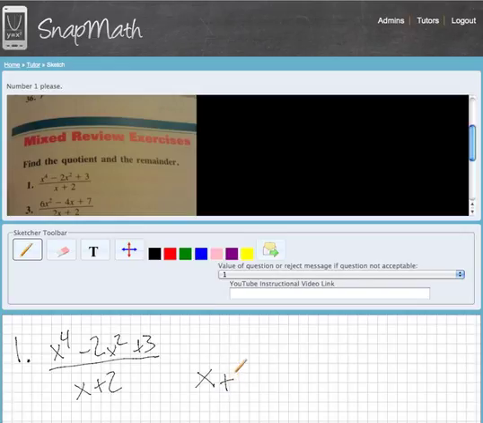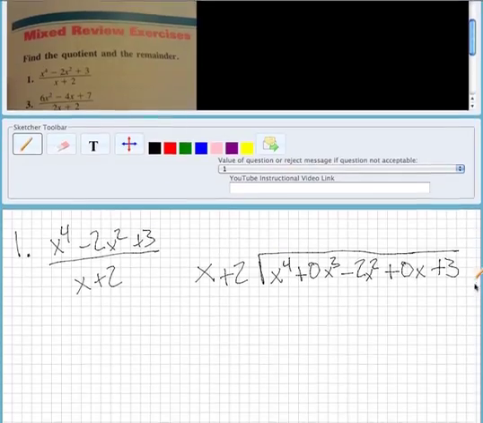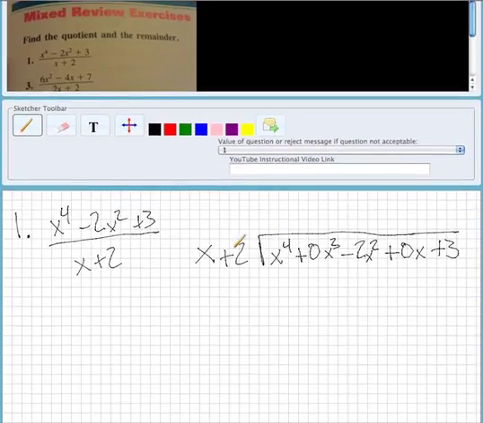So x plus 2 divides into x to the fourth, and I'm going to put in placeholders here, plus 0x to the third minus 2x squared plus 0x plus 3. These two 0 terms are placeholders, and it'll be easier to keep track of doing long division this way. So the first thing we need to do is find the